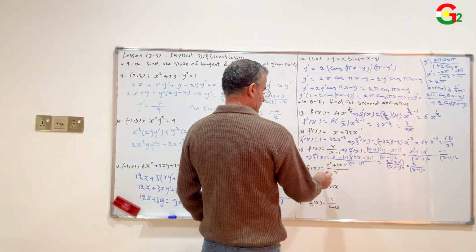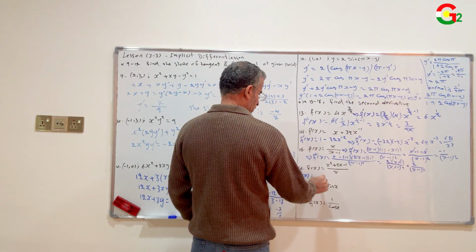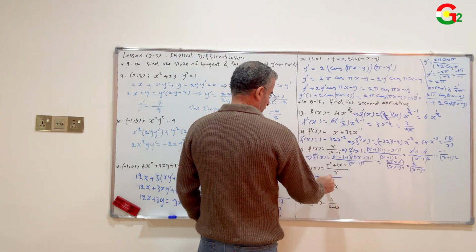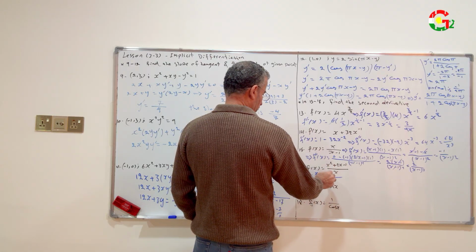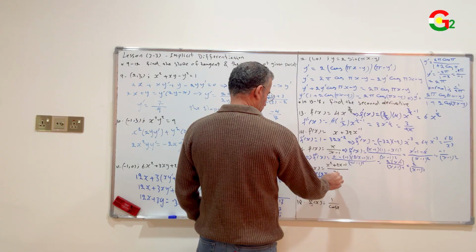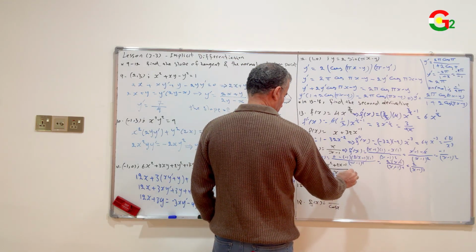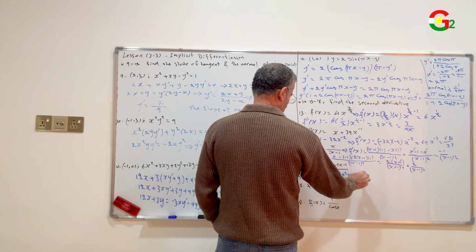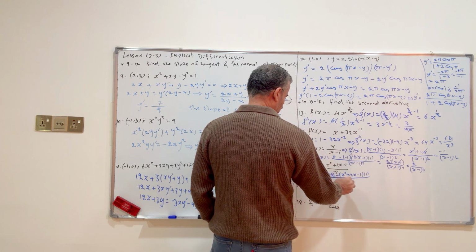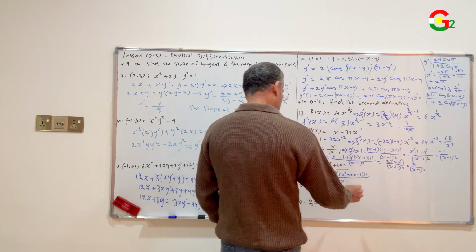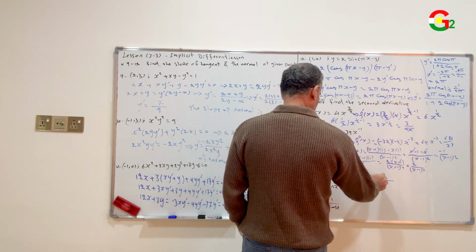Number 16. Find the first derivative. f prime of x equals the denominator x times the derivative of the numerator 2x plus 2, minus the numerator x power 2 plus 2x minus 1 times the derivative of the denominator 1, over x power 2. Simplify. Equal to 2x power 2